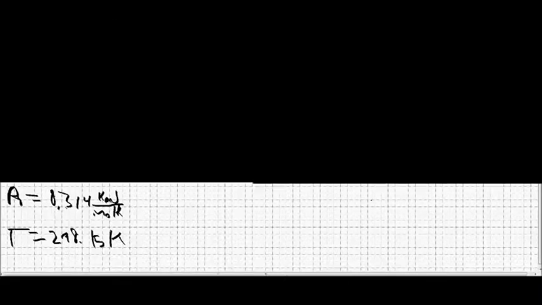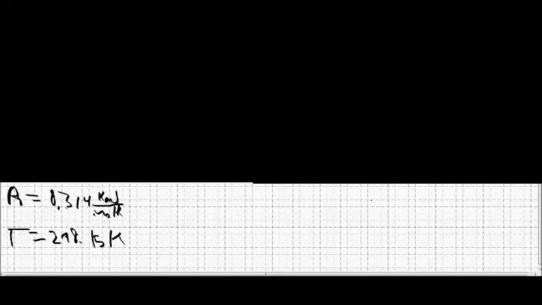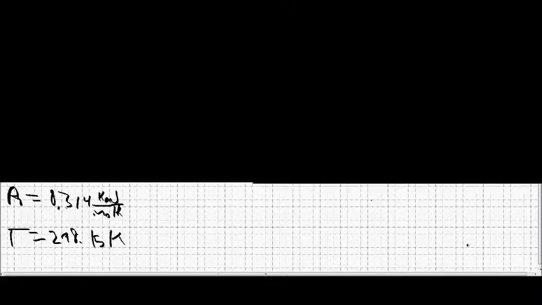Alright, so here we go. Let's look in our data booklets. We need to find the molar mass of nitrogen 2. Okay, so N2. You know the molar mass is 14.01